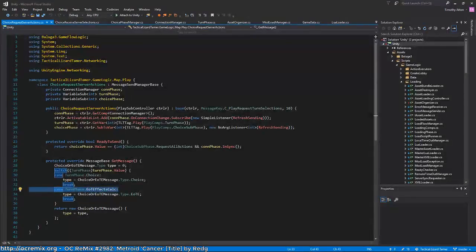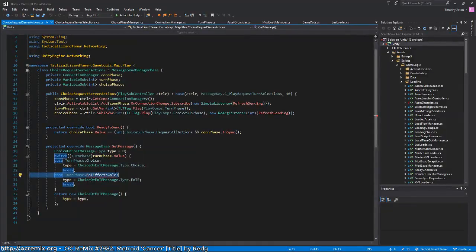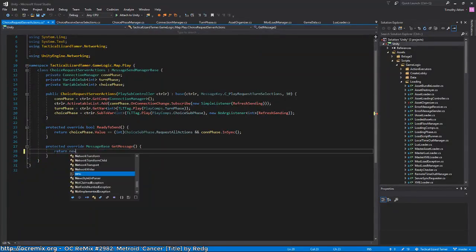This code, okay, it's supposed to send it to the server, so we actually don't need to even send a message. So let's just return a new empty message. Before we had to switch between